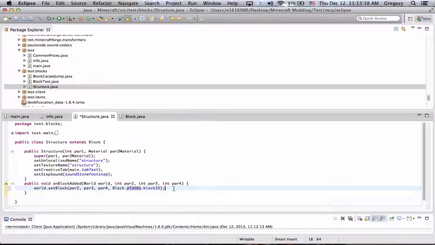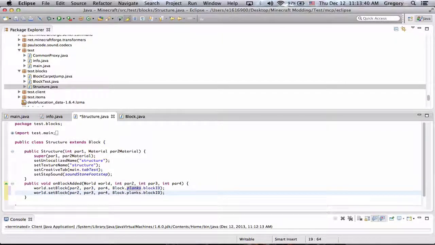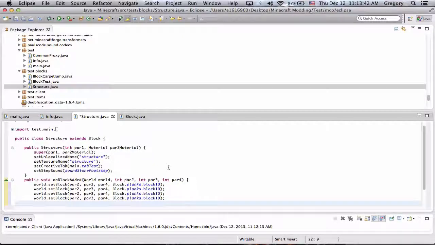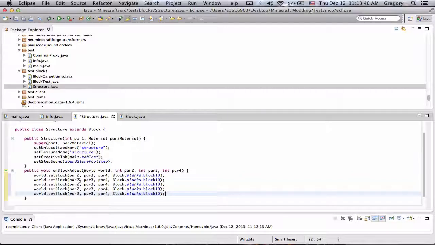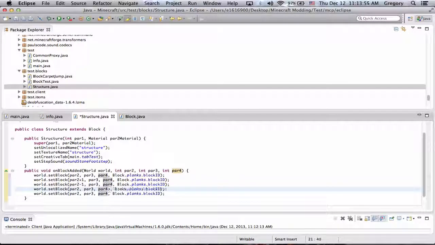And this will be basically just the base of our house. So we can just copy this a few times. Actually, 4 times would be nice. So we need to do once the x should be +1, once the x should be -1, once the y should be +1, and once the z should be -1. So basically now we have created,